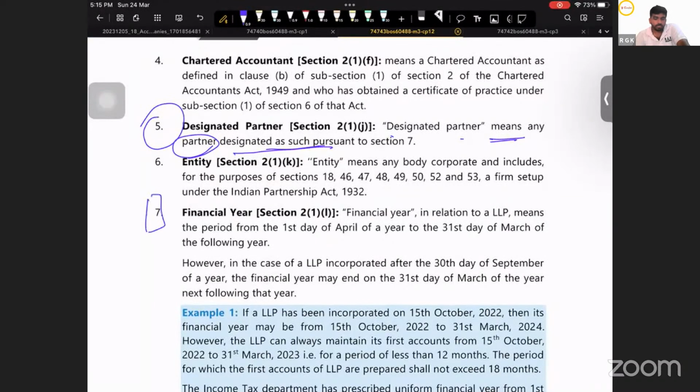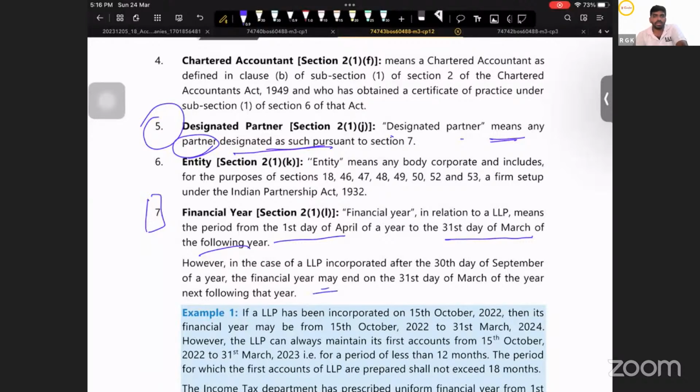Next, financial year. Definition of financial year. What do you mean by financial year? Financial year in relation to LLP means period from first day of April of a year to 31st day of March of following year. From the first of April of this year to 31st March of next year is the financial year. However, in case of LLP incorporated after 30th September, the financial year may end